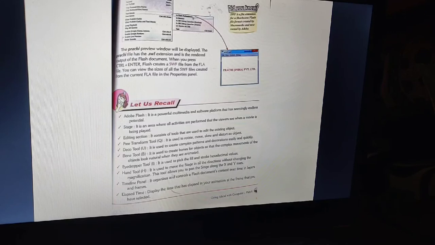Flash files have the .swf extension and are the rendered output of the Flash document. When you press Ctrl Enter, Flash creates a SWF file from the FLA file. You can view the size of the SWF file created from the current FLA file in the properties panel.